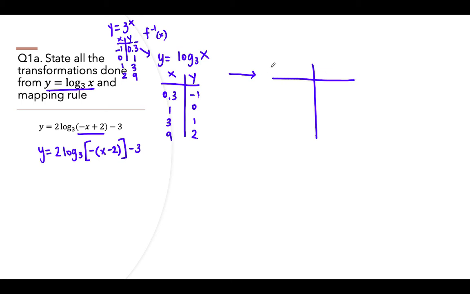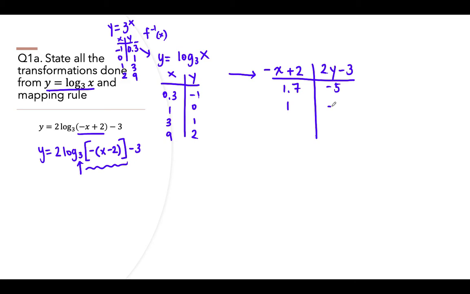For x, there's a negative inside the bracket, so look here, negative x, and then the opposite sign, plus 2. And then for y, it's 2y minus 3. Now keep in mind the 3 over here doesn't affect anything in terms of the mapping rule. So let's plug in 0.3 into x and negative 1 into y. So 1.7, negative 5,